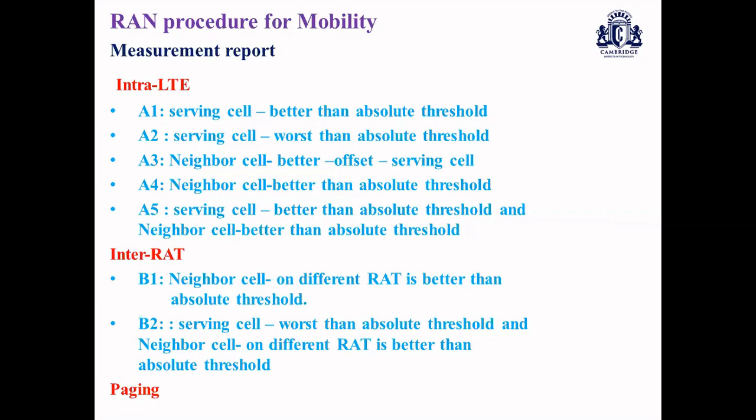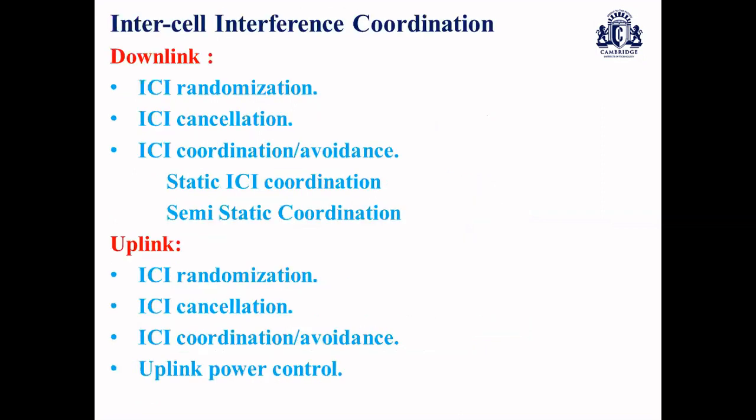The next discussion will be related to interference impact. What happens with respect to ICI? That's inter-cell interference. Each UE, each mobile, will suffer ICI due to frequency reuse in other cells. That is, the same spectrum will be reused in each cell, which causes a high level of inter-cell interference. Here we will discuss how to mitigate this for both uplink and downlink transmission. In downlink, we have three basic approaches.